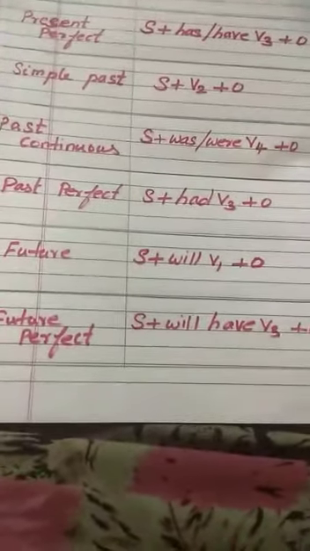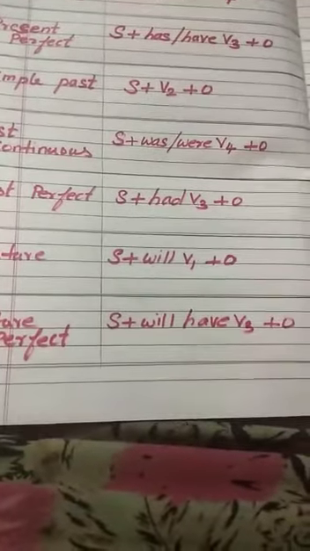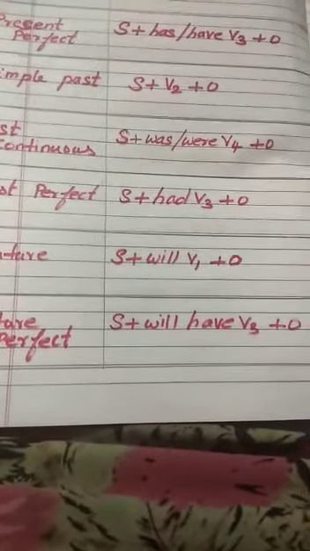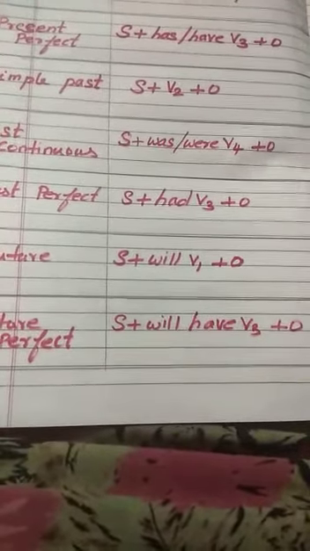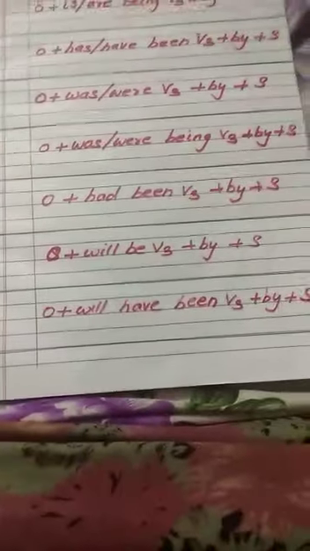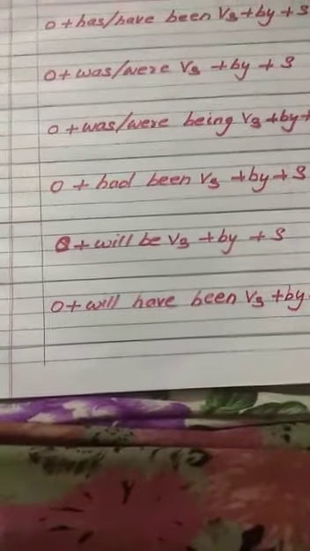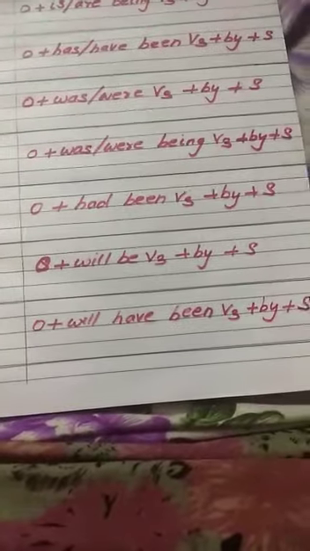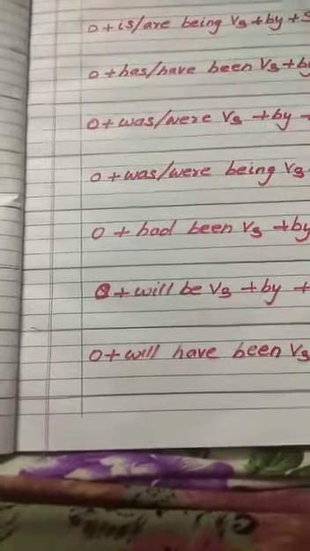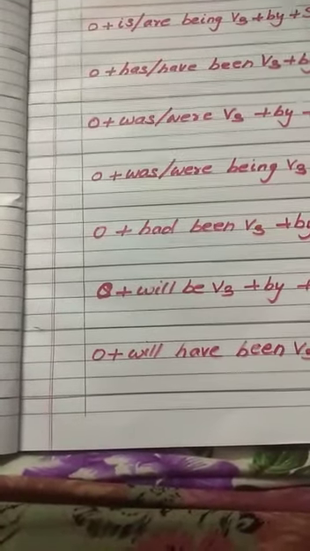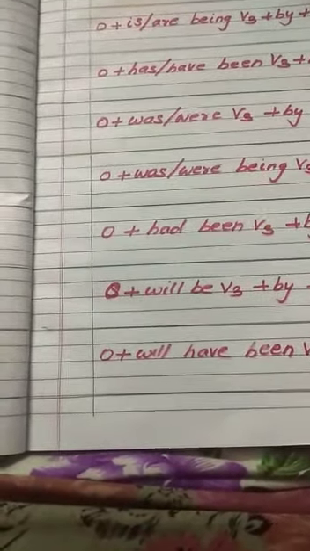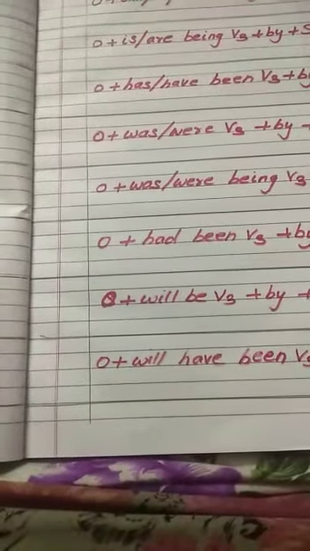Now next we will be having future perfect. Subject plus will plus have V3 and then object. Because this is a future and also perfect, we will be having only have and then V3. So when this is converted, we will be just adding been. Object will have been, V3 by subject. So here we didn't use the remaining tenses. In that part it won't be. So maximum in these eight categories we will be getting the question.